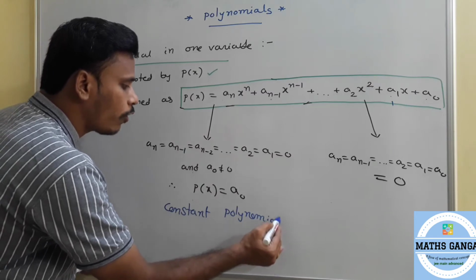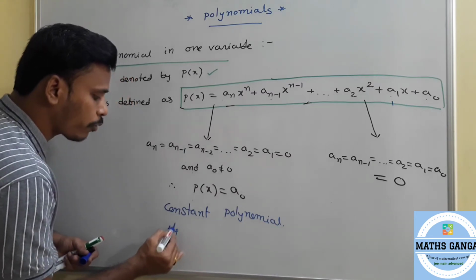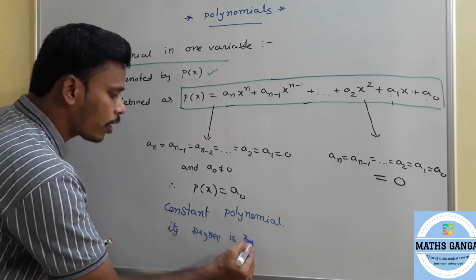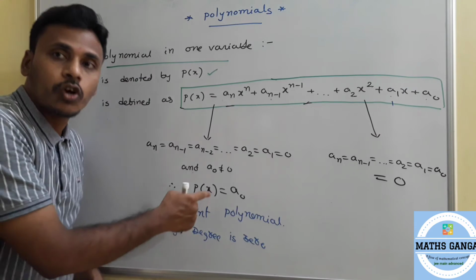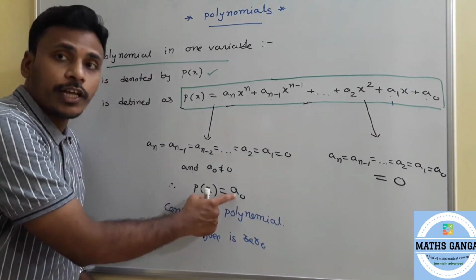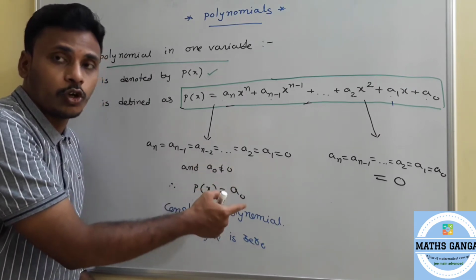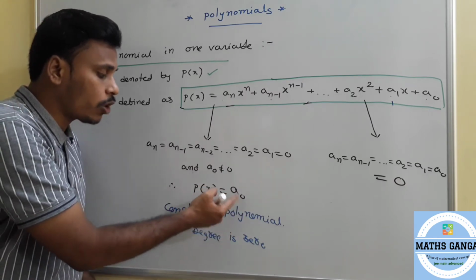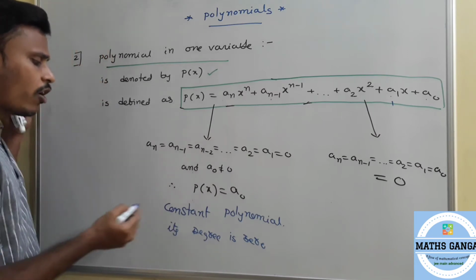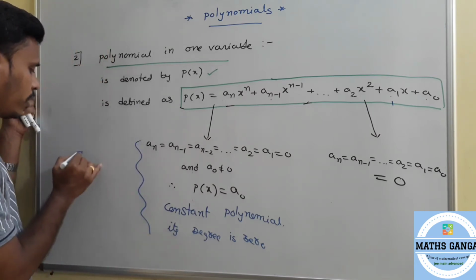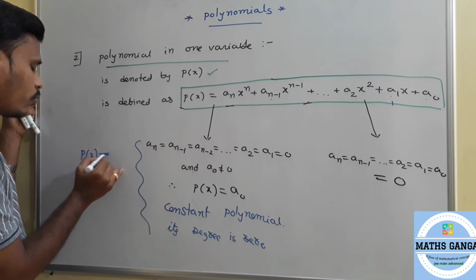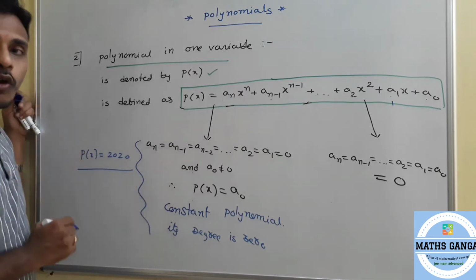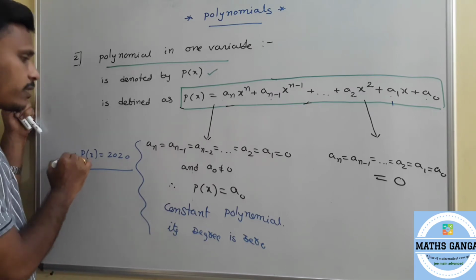And what to say about degree of this polynomial? Okay, it's a constant polynomial, its degree is 0, because variable part is not involved in this constant a0. I will write usually a0 as a0 into x power 0. Okay, there is a chance to write in such a way, and that's why we call this polynomial a constant polynomial and it is of degree 0. For suppose p of x is equals to 2020. So this is a polynomial and a constant polynomial whose degree is 0. This is an example.